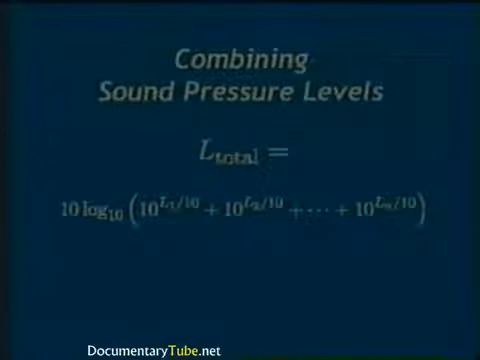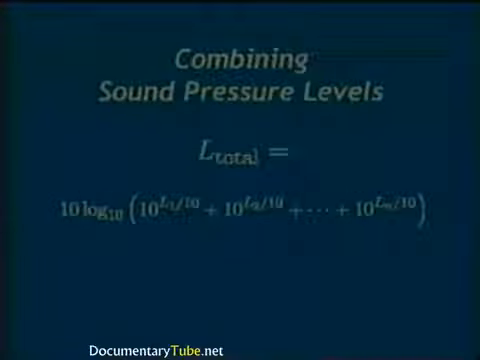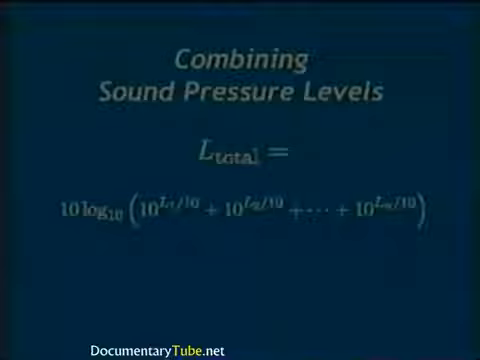Therefore, to combine decibel values, each must be converted to a linear scale, added, and then converted back to a logarithmic scale. Here, L1, L2, up to Ln represent the n sound levels that are to be combined. For applications requiring only integer decibel accuracy, it's also possible to apply some simple steps to calculate an approximate total